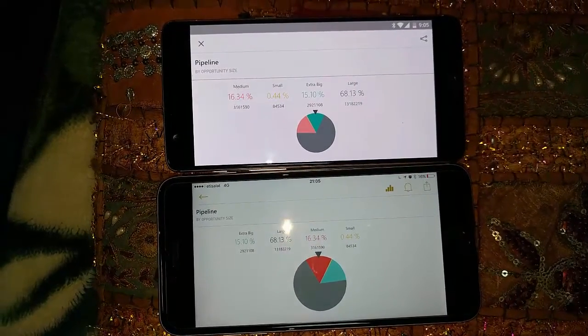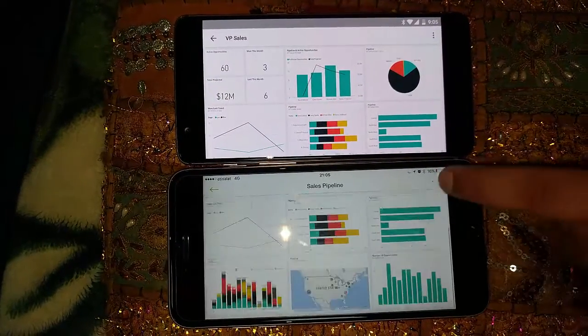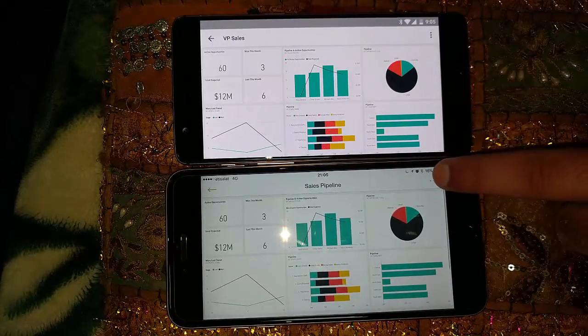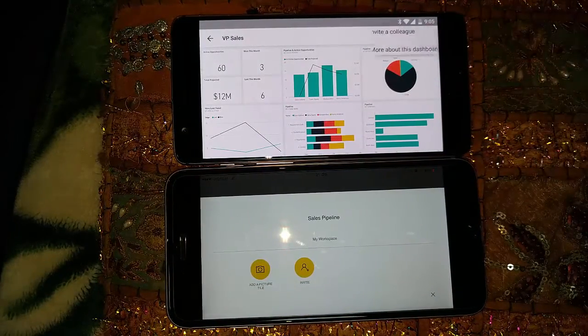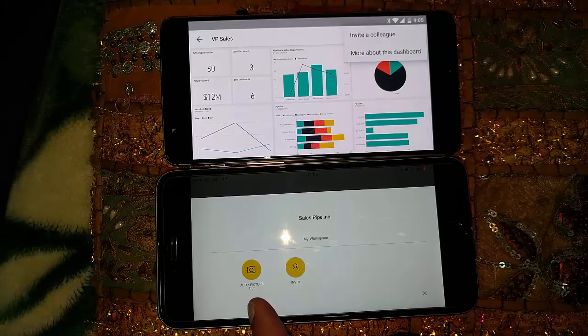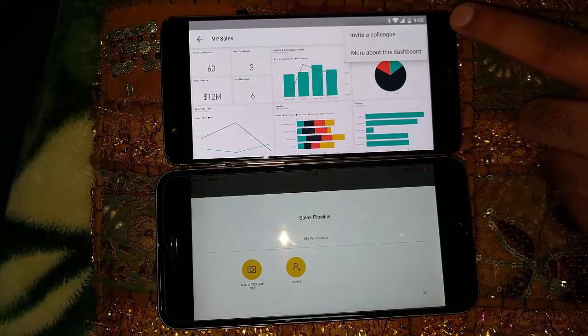So apart from that, I don't think there is more difference. We tap on this menu button, we tap on the menu button here. The last difference that I wanted to talk about is exactly this. To your tiles you can add a picture, but here on the Android side you don't see that available.